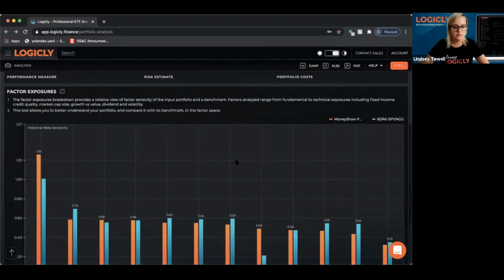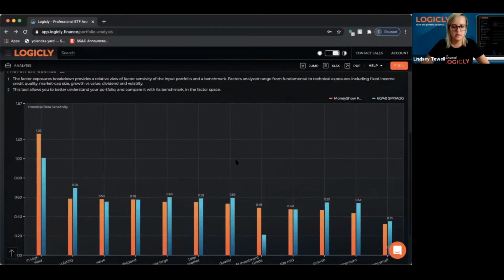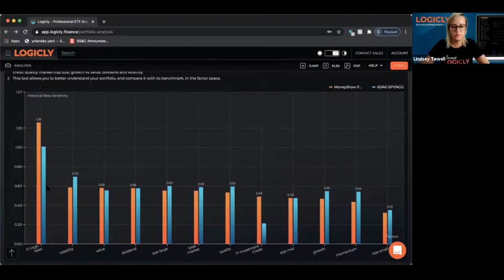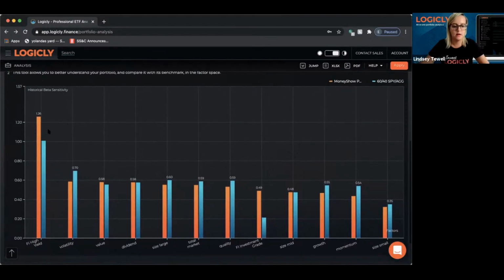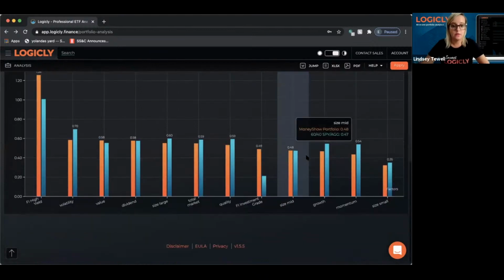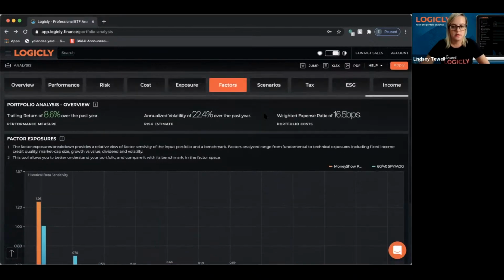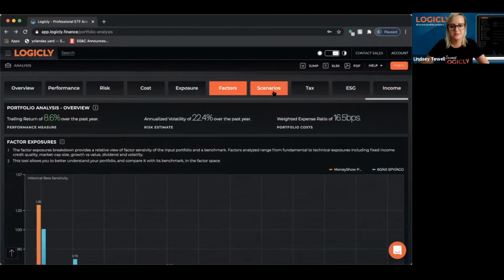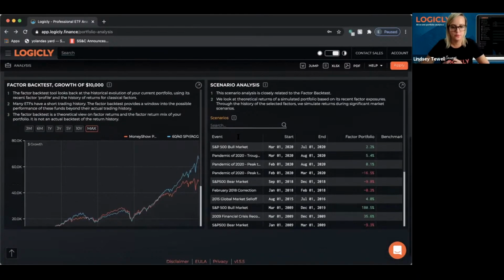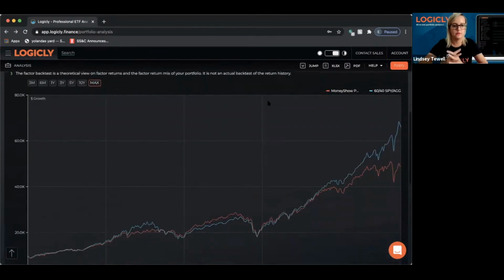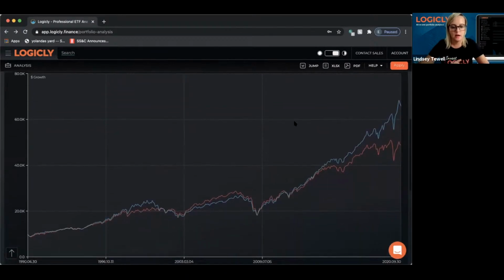And what this allows us to do is run a simulation or a back test of the ETF based on their factor profile, how they would have performed. Sorry, that's in the scenarios tab. So switching, but these are both derived off of each other. You can see how the two ETFs would have performed back in time based on that factor profile, even before they were live, back to 1990, it looks like.